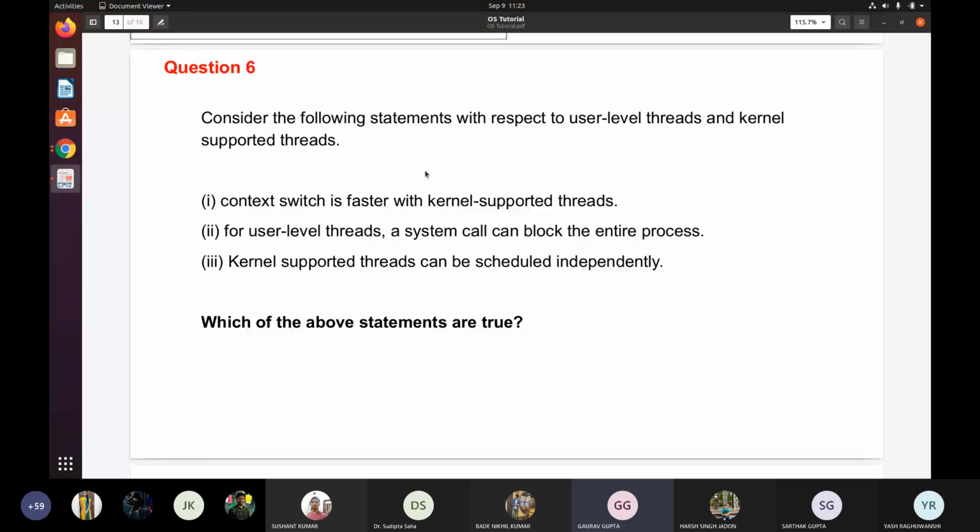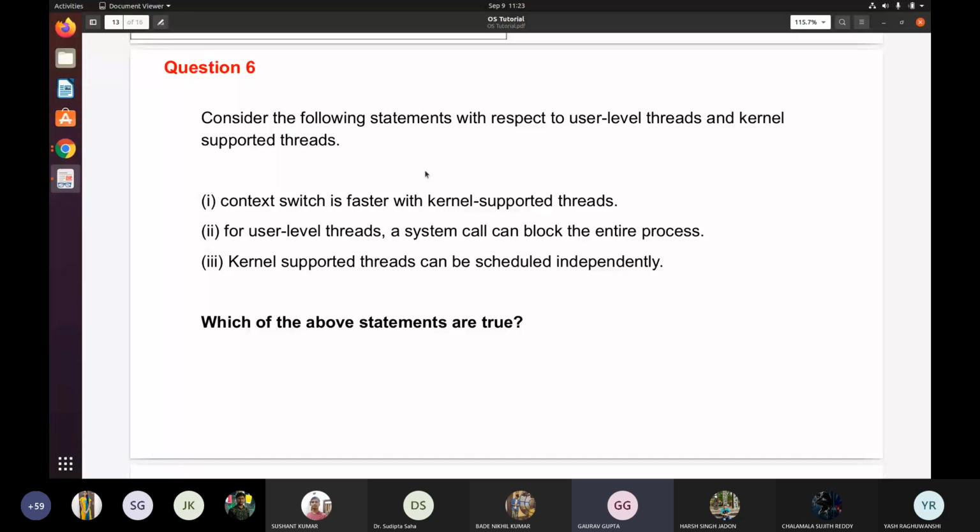So has everyone understood, or do you have any doubts? So first statement, can you explain it again? In the context switch, if it is a user level thread, then for switching it doesn't need permission from the system CPU. Internally, inside the process, it can change.